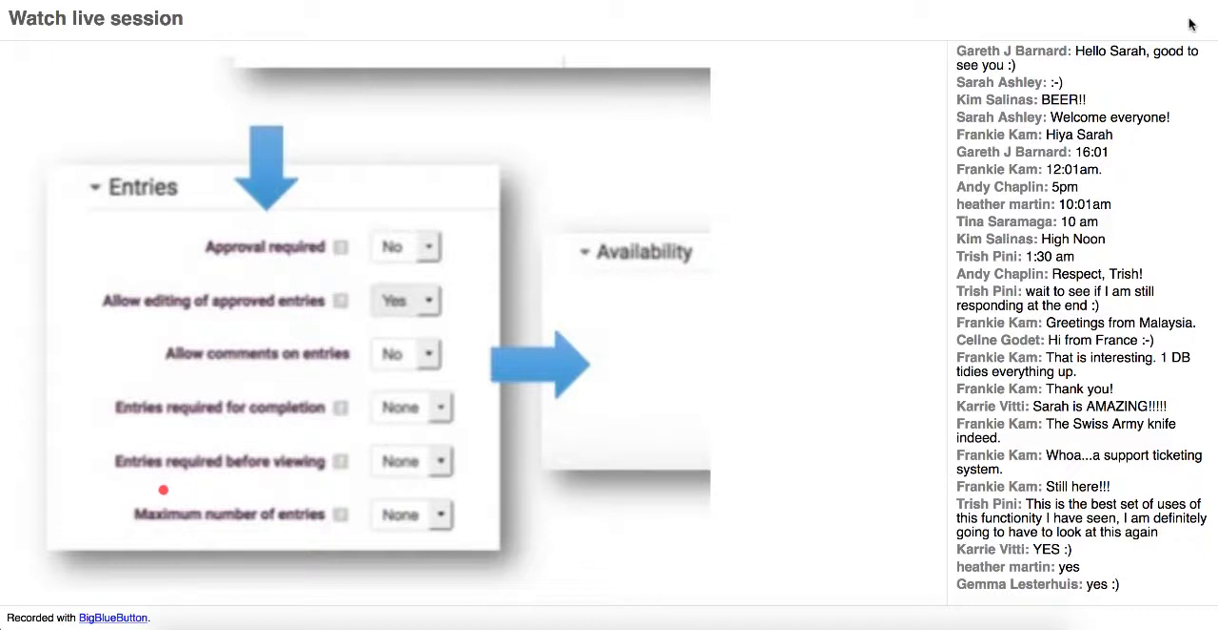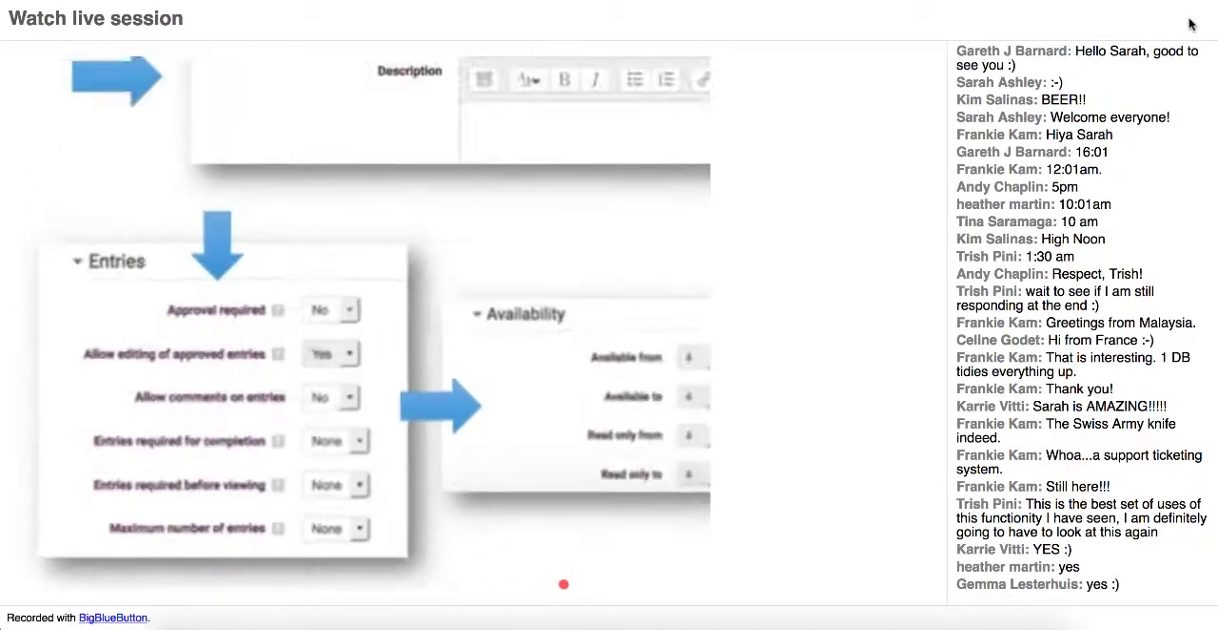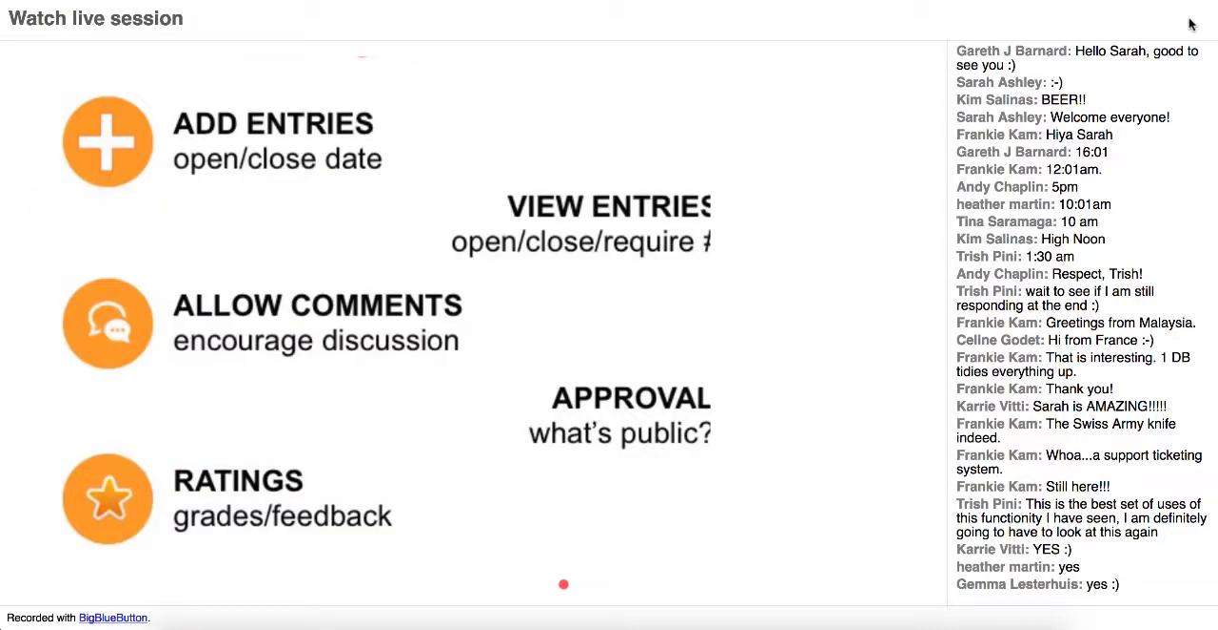Okay. Do you want to set a maximum number of entries that they can do? So maybe 5 are required, but I don't want them to do more than 10. Okay, so I can say a maximum will be 10. So you can control that as well. Okay. Then we have